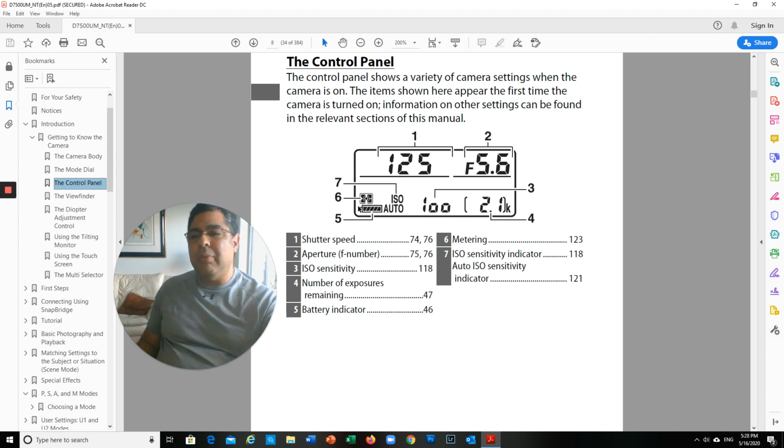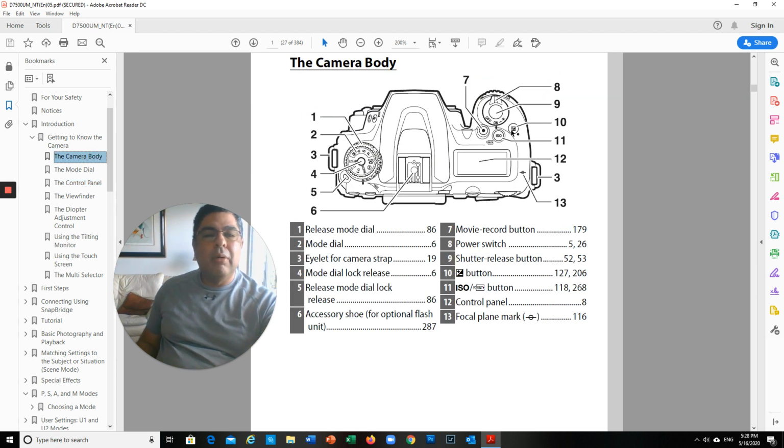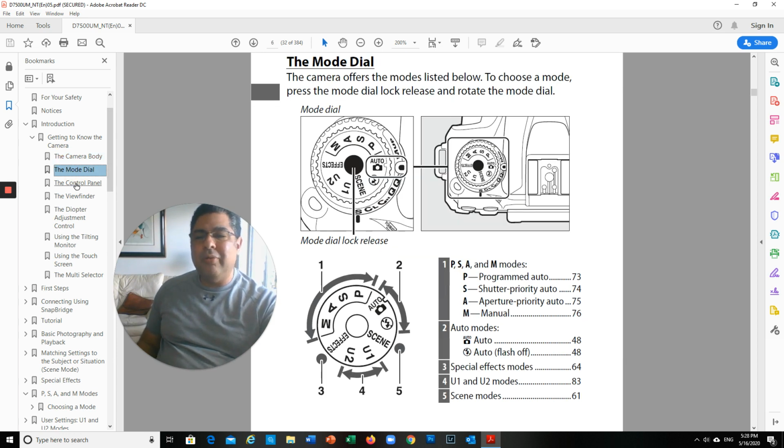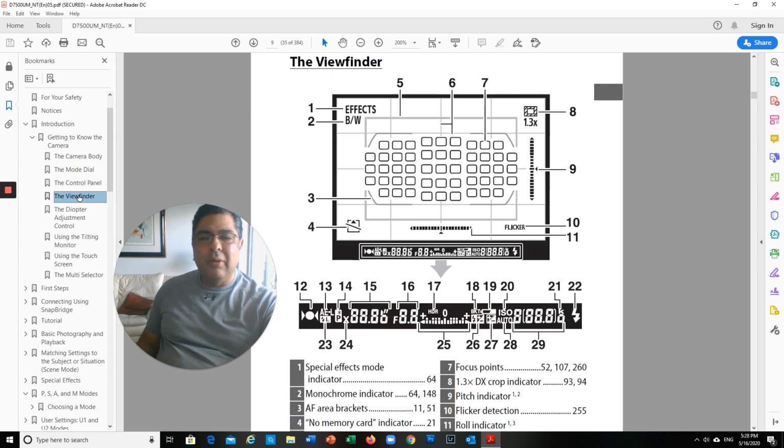See the metering button. The metering button used to be over here. We'll find it. Once we find it, it's probably in the, once we get to the,